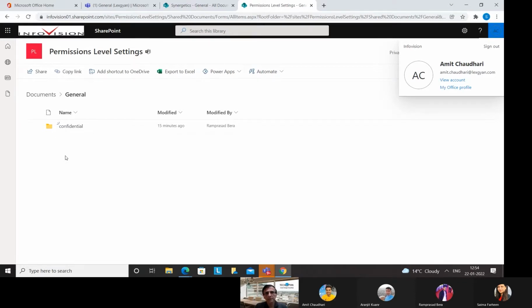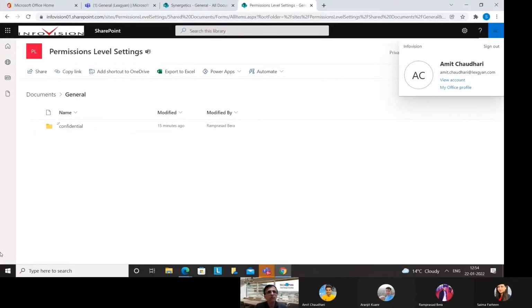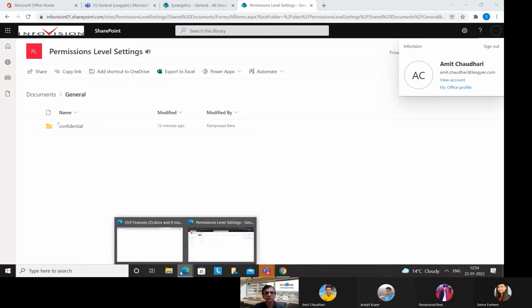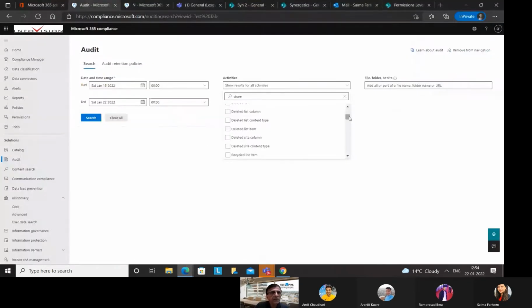Now let us look at an important aspect, which is audit logs. So in the audit logs, you have a host of options available. So Sama, can you go to the audit logs, please? So in these audit logs, you can set up a certain date range. And once you have set up the date range, you have various options available. So could you just click that